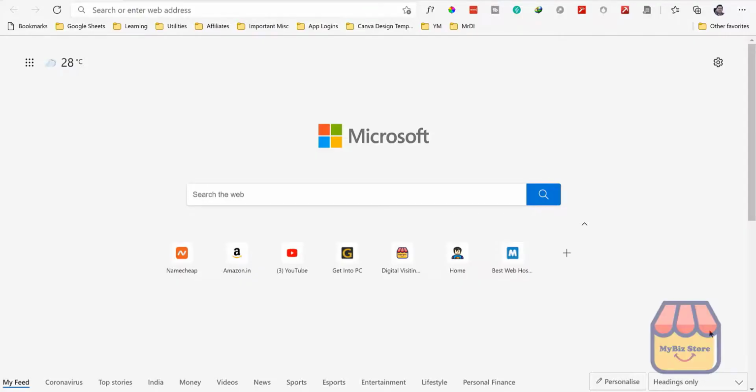Hello friends, so today we will see how we can sign up on MyBizStore.net. For that you can open any browser like Chrome, Firefox, Microsoft Internet Explorer or Edge and go to